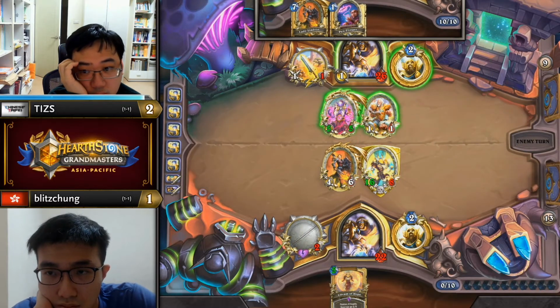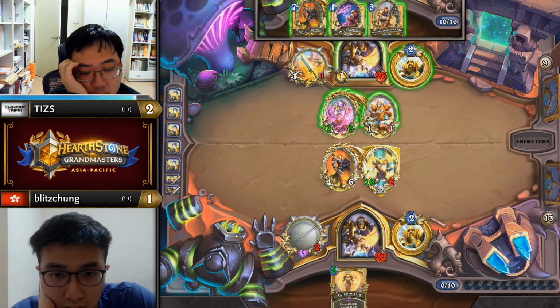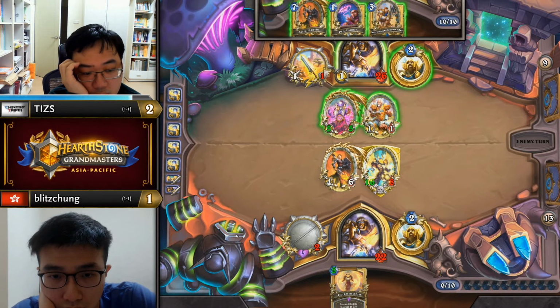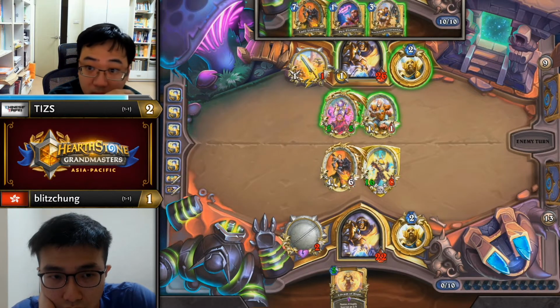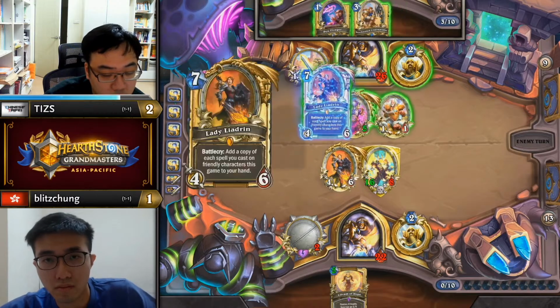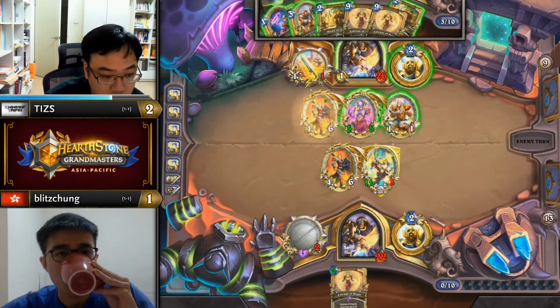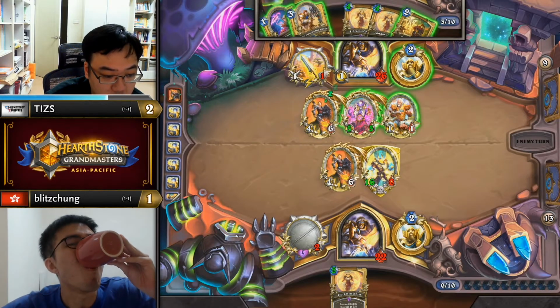In any case, again, no Barovs in the list these days, so it's fine to just build up one big wall and expect that they need to go through it the hard way in the mirror. And for TIZS, he can just Liadrin to get a bunch of Librams back and trade his Kazakus. Alternatively, the Knight, I don't know how many...